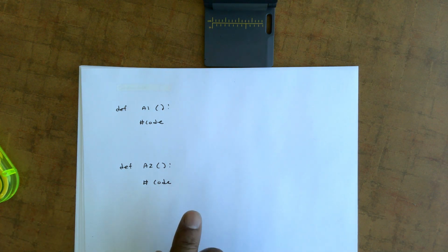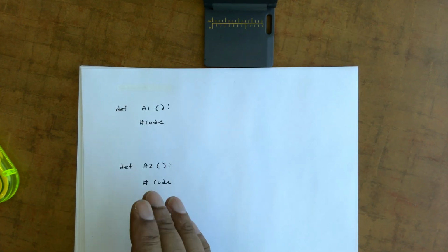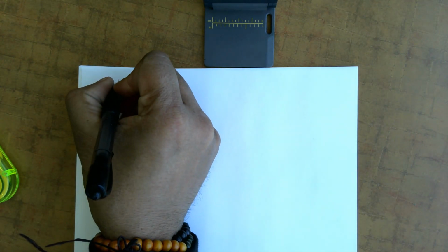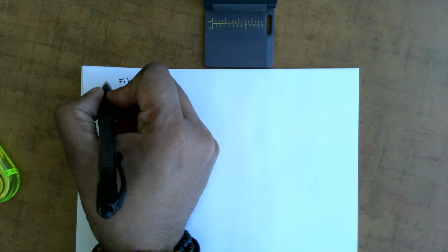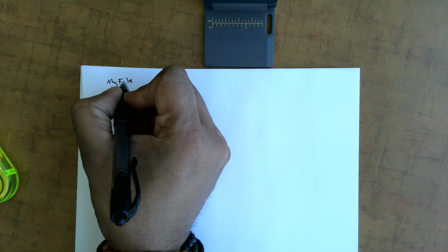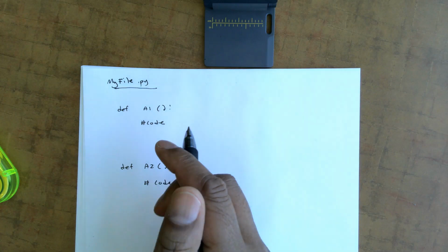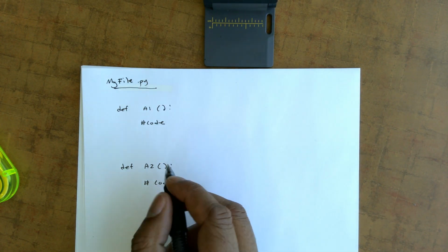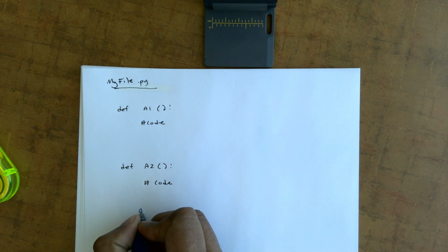In this pseudocode here, we're just going to look at what the relationships are. So if we have a file, let's call this my file, let's just call this myfile.py. Under myfile.py, you have def A1, you have some code in def A2. Now, we have to note that A2